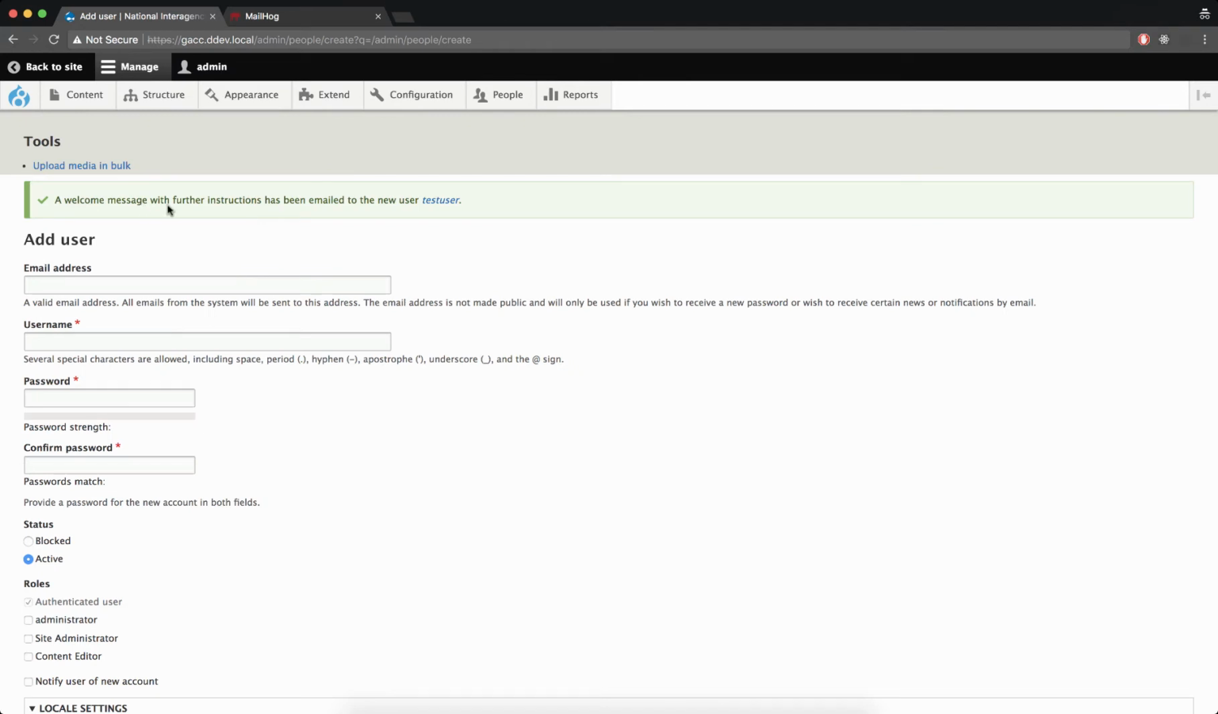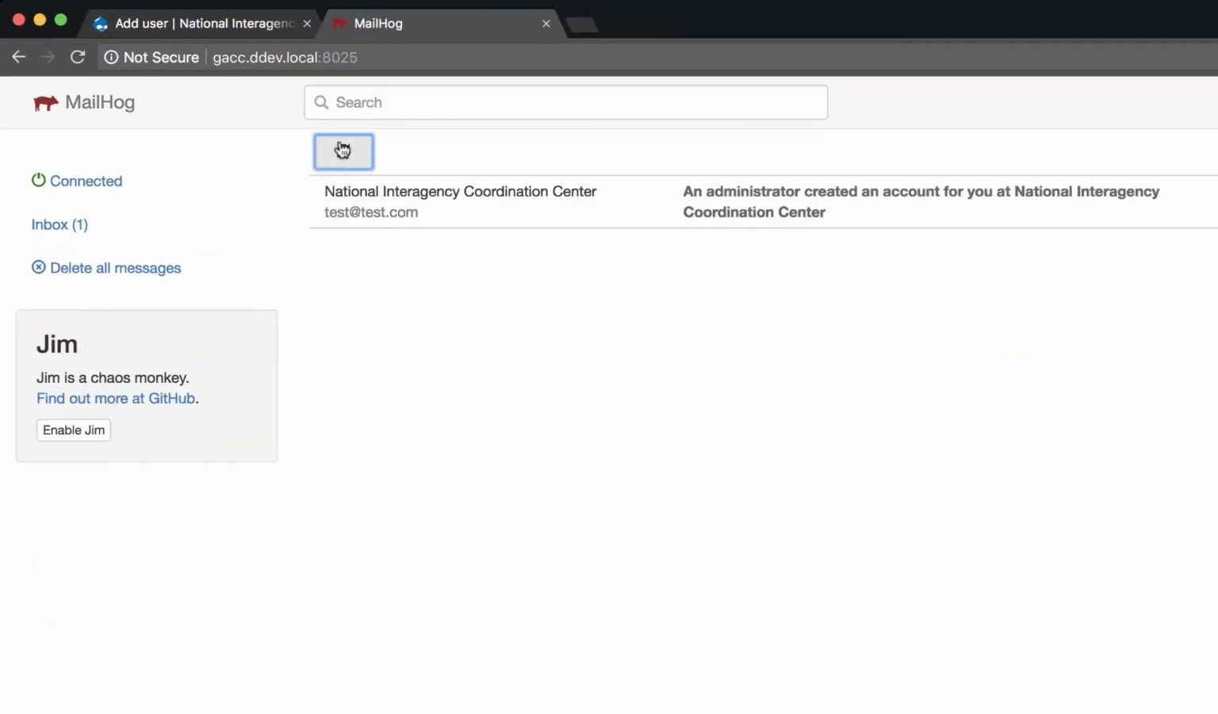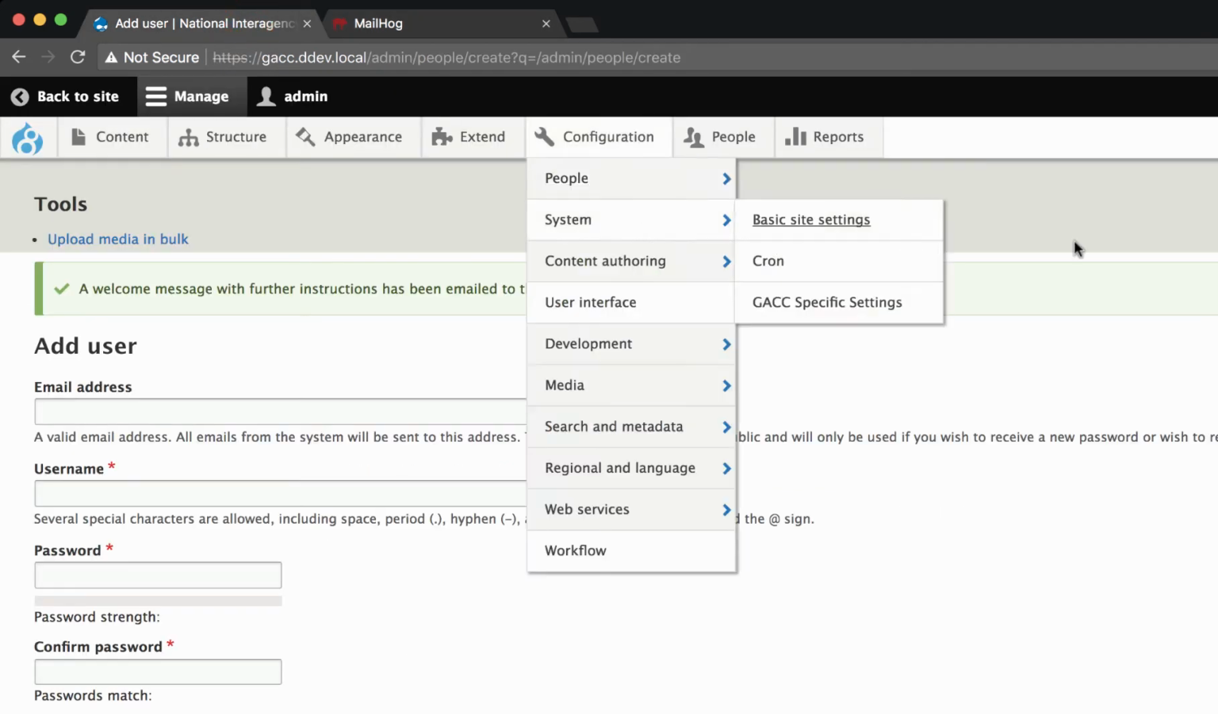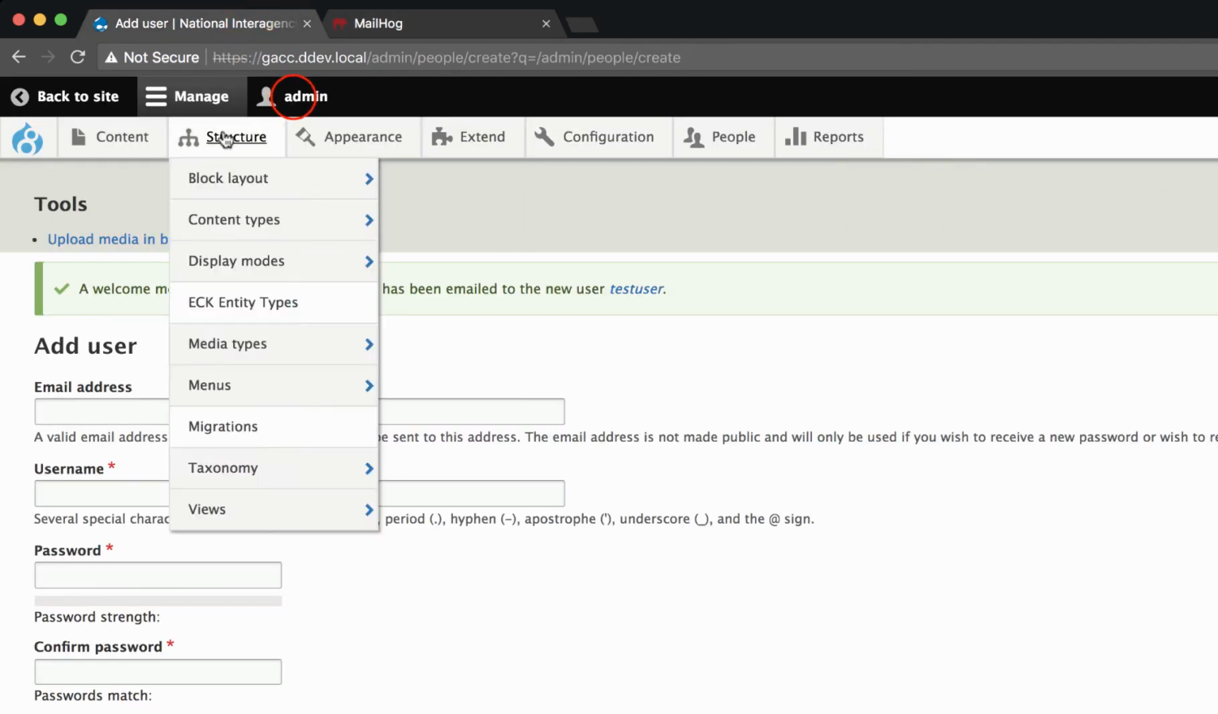Okay, now the test user has been sent an email with instructions. I'm going to check my email, and this is the email that will be sent out to that user. You can see it says the username, but it doesn't really give you a password. It just says your password, which obviously isn't the actual password, but I can click this link here, which I will. I'm going to log out of this user account